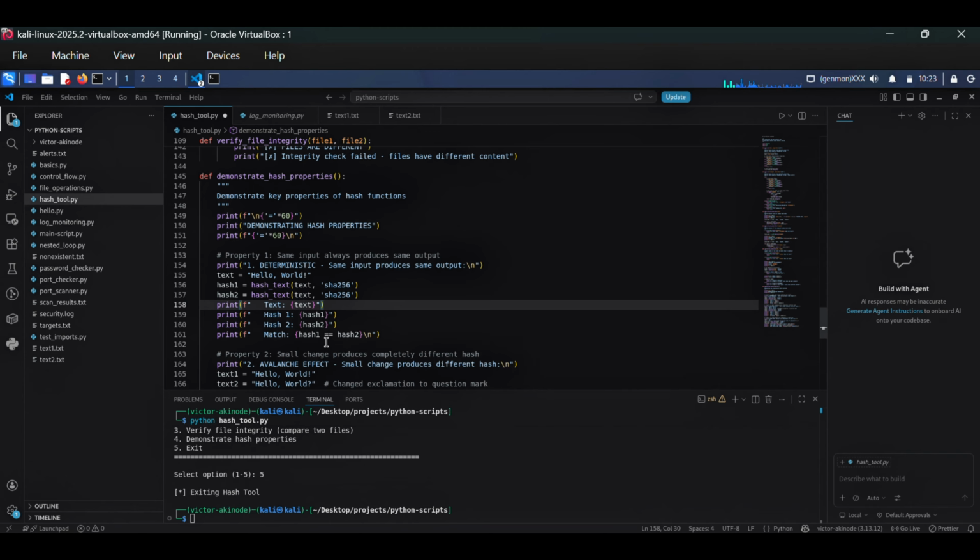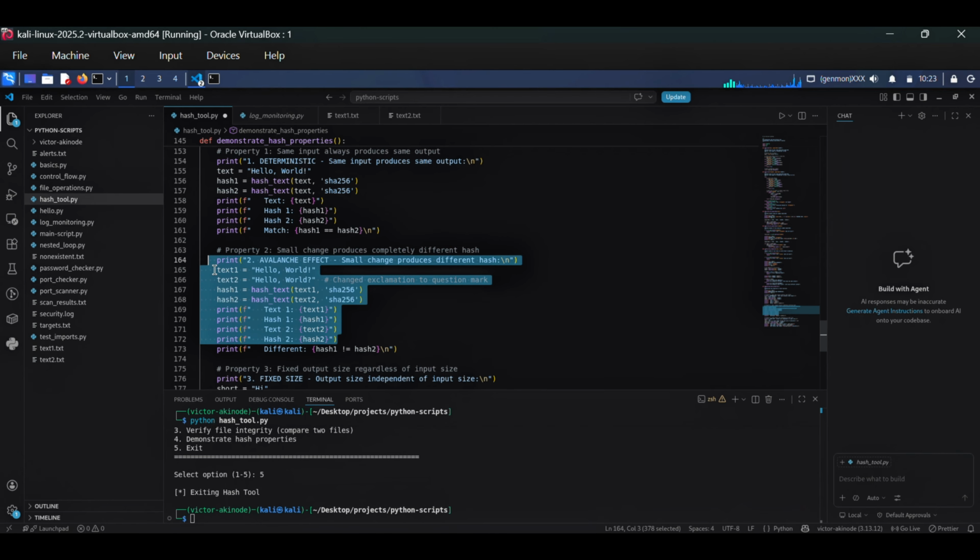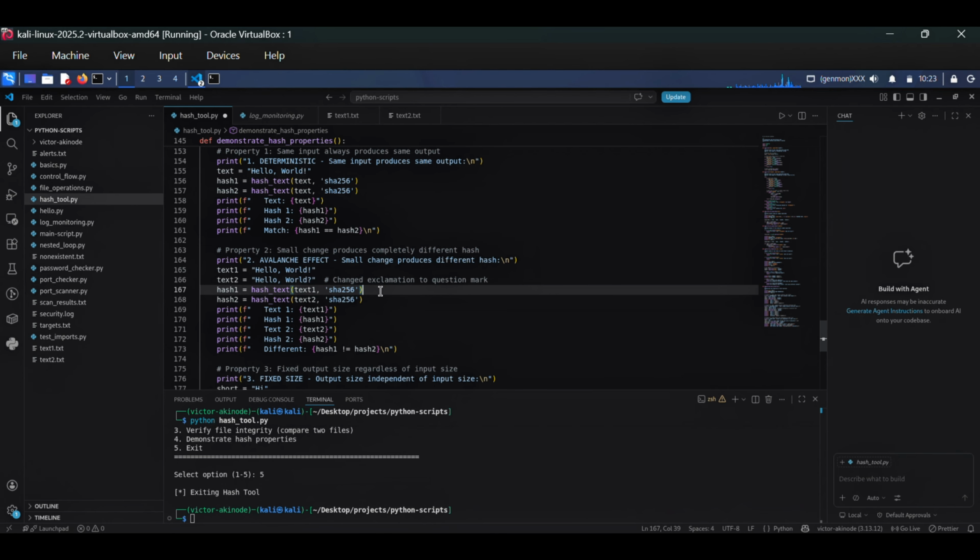And the second one is the avalanche effect, and you can see that here. Here we are hashing 2 nearly identical strings, which are "hello, world!" and "hello, world?". And as you can see, the only difference is that one character changed from exclamation mark to question mark, but the hashes are completely different. In fact, they share no apparent pattern. And this is the avalanche effect. That is, a tiny change in input causes a massive change in output. This property makes it impossible to predict how changing input